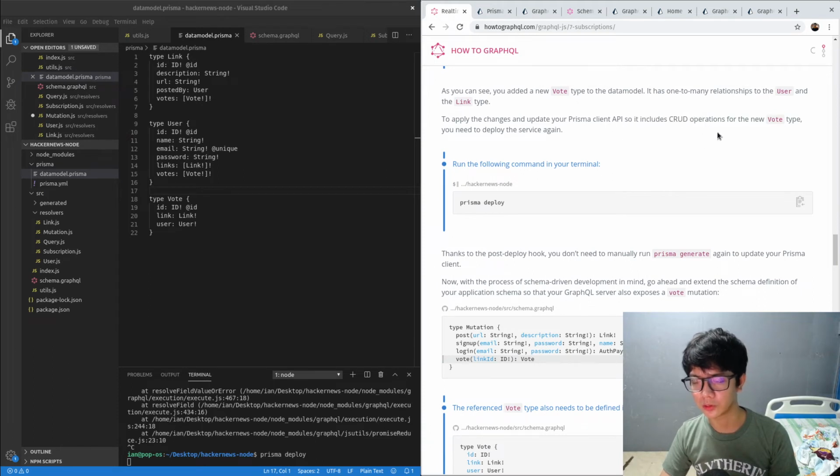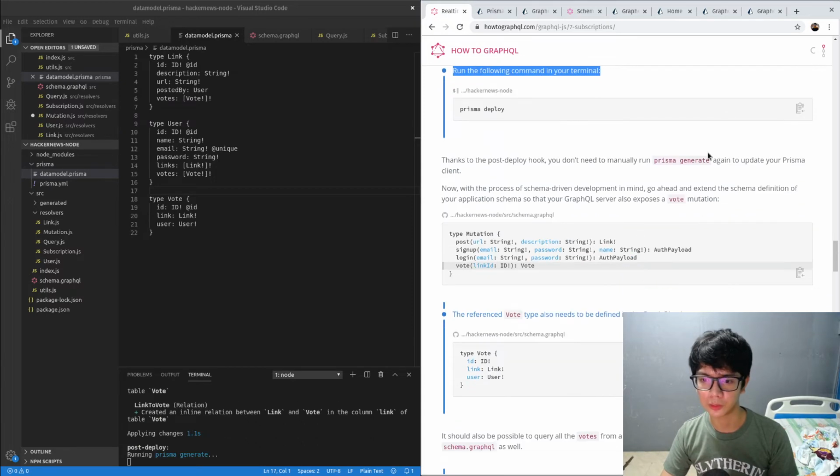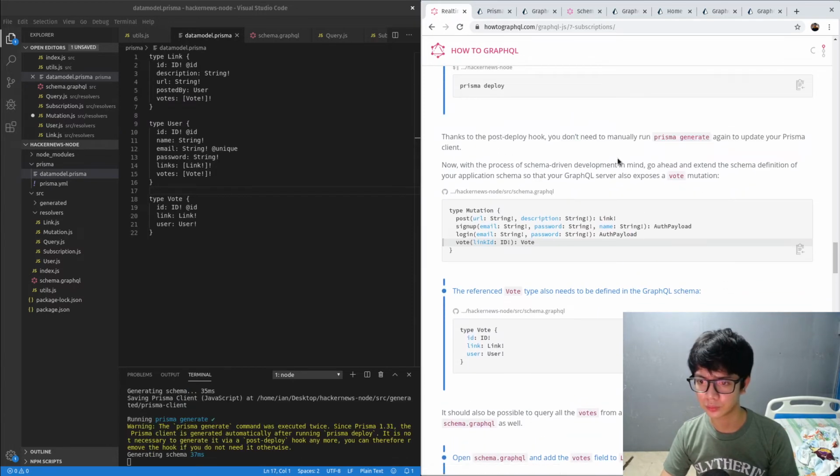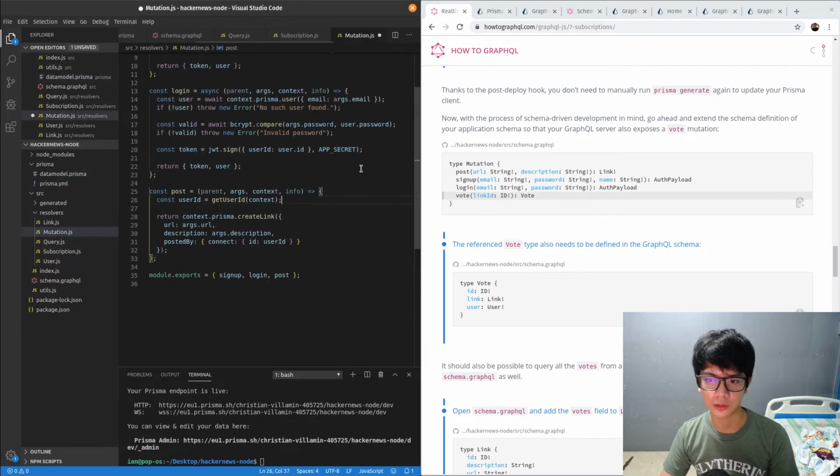Code script operation for the new vote type. Yeah. One-to-many relationship. Yes, thanks to our hook. Thank you, hook. And for mutations, we're gonna